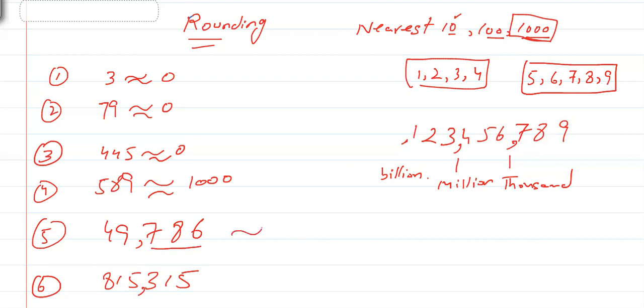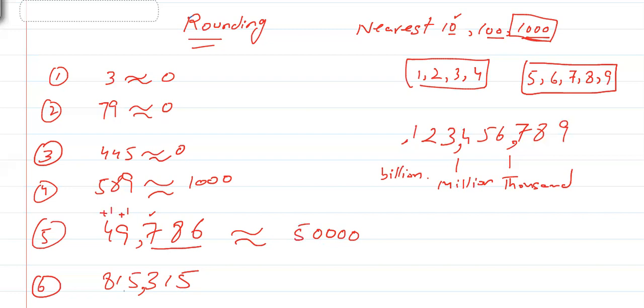When you make the ending three digits zero, like one, two, three, then look at the third digit, because it's now thousand. So look at this digit. If it is 1, 2, 3, 4, then no need to change. But if it is 5, 6, 7, 8, then you will add 1 in the next one. What will it become? 9 plus 1, 10. For 10 you will write 0, but 1 will carry. This 1 carry will be here. So it will become 50,000.